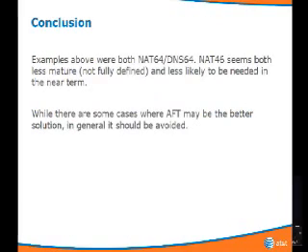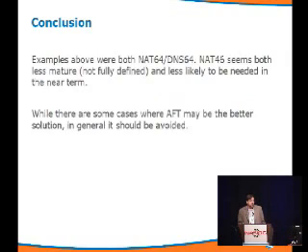So in conclusion, the two examples I gave were both for the NAT64 DNS64 case. The NAT46 seems to be less mature. The work at the IETF is still individual drafts rather than working group drafts. The NAT64 and DNS64 are Internet drafts. There are working group drafts that are pretty far along. I think the DNS64 is a working group draft at about Rev 10 at the moment, so that's starting to get close to turning into an RFC. The NAT46 case just seems a little less likely to be needed in the near term as well, just because there's more v4 servers out there in the world, in the wild.